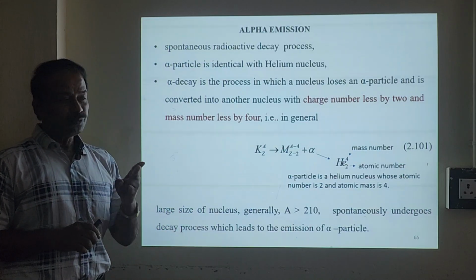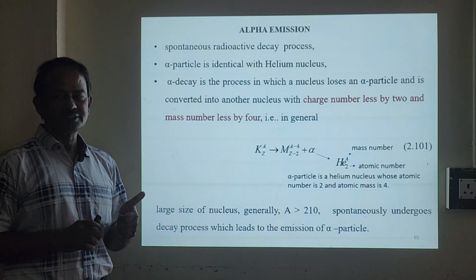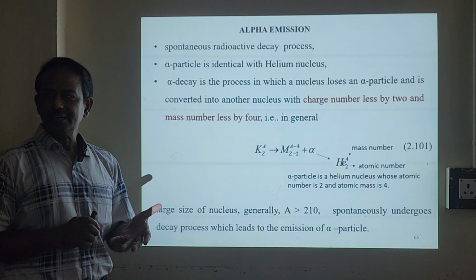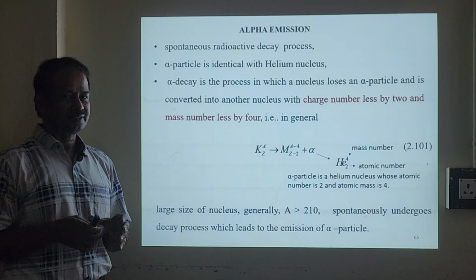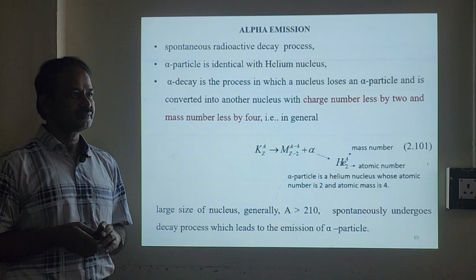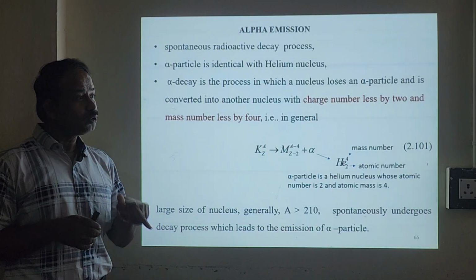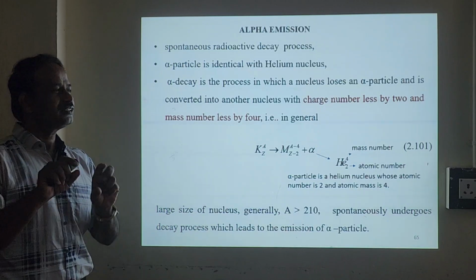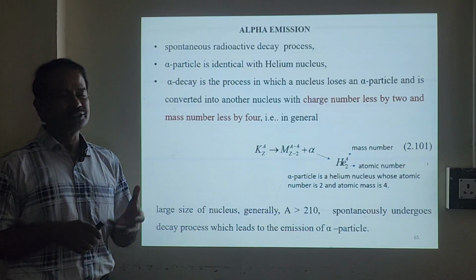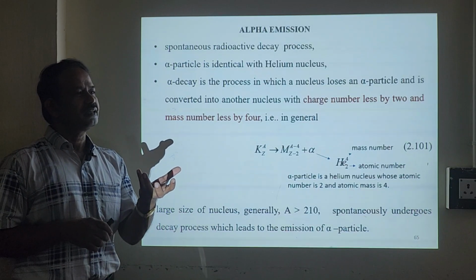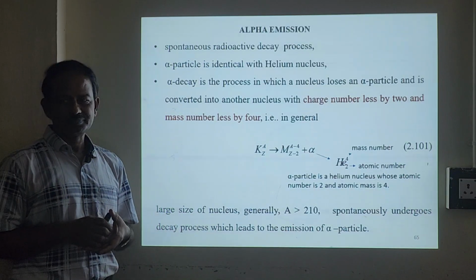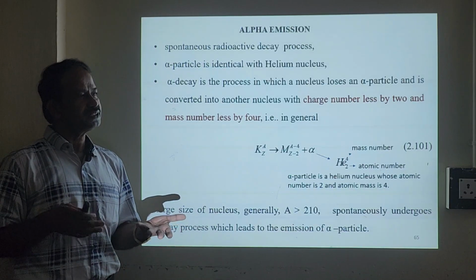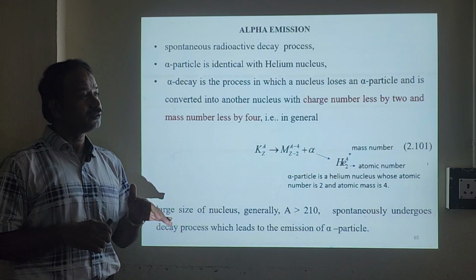There are actually two forces that exist. One is the nuclear force, which is a very strong attractive force in the nucleus that binds the nucleons. The other is the Coulombic force, which exists among the protons. There is a competition between these two. For a small nucleus, the nuclear force will be dominant, binding the nucleons, so the elements are stable and will never undergo the decay process.